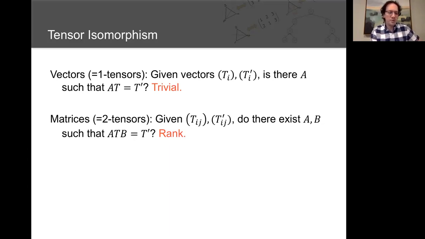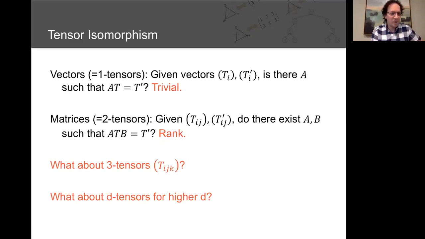So for two tensors, isomorphism is literally just computing matrix rank. It's harder than isomorphism of vectors, which was totally trivial, but this can still be done in cubic time, right? It's still in polynomial time. And then the question is, what about three tensors? What if I have a 3D box of numbers